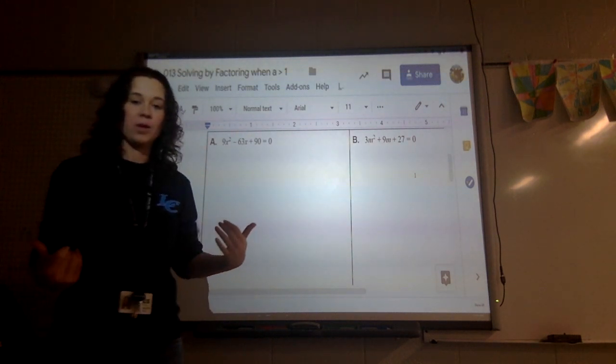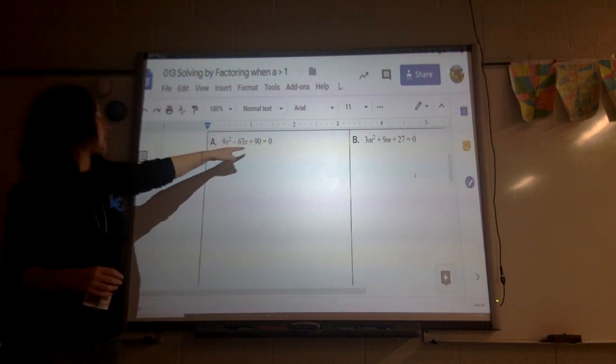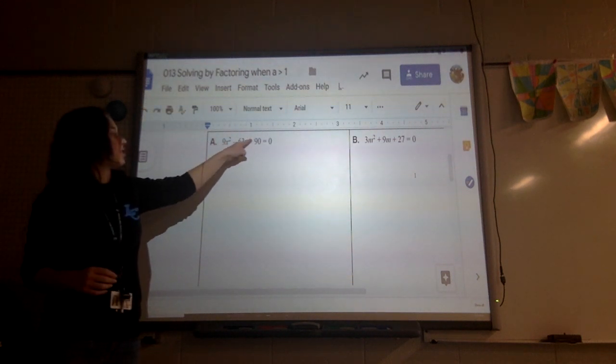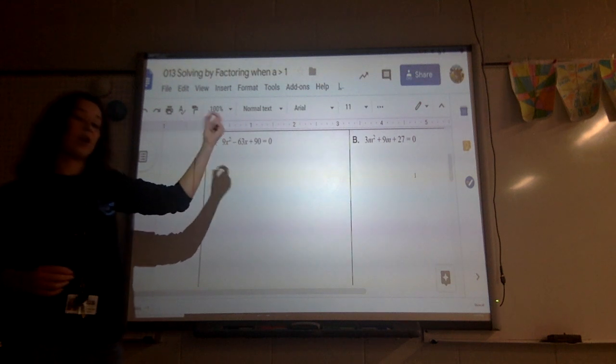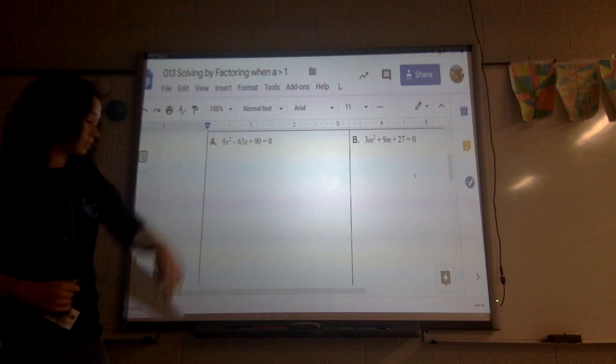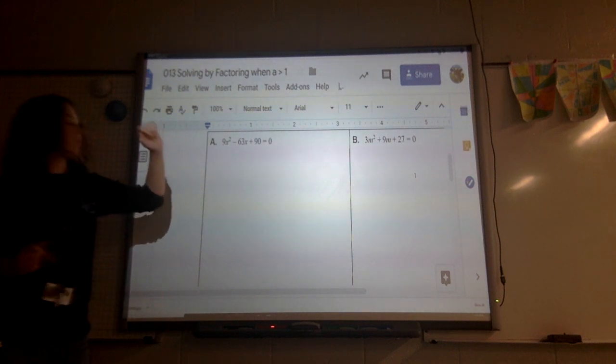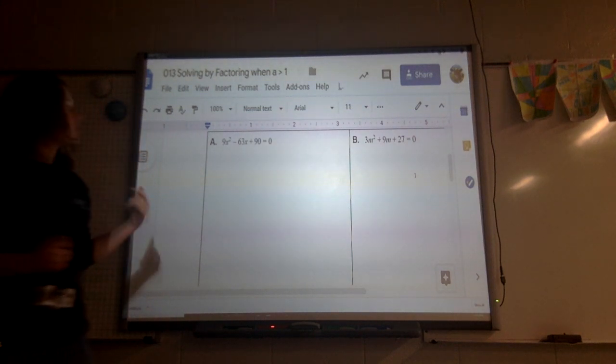The first thing I need you to do is there is actually a typo in example A. If you will go ahead and change the sign in front of the 90 to be a plus instead of a minus. With that in mind, if I was going to solve letter A by factoring, the first thing I notice when